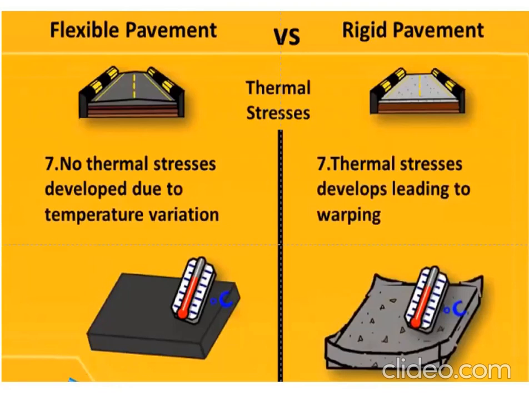Thermal cracking in asphalt is very common in European countries and places like Canada, where you have a temperature below 0 degrees centigrade most of the time. Another aspect is that with asphalt concrete we don't require a joint, because warmer temperature has an effect on rigid pavement but not on asphalt pavement. But if we talk about the cold climate, then there is thermal cracking. That's what I want to explain. Right?